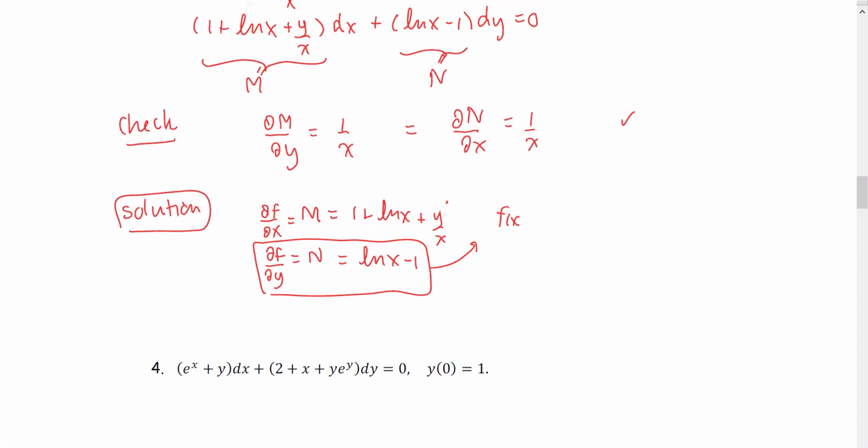So f of x, y equals the antiderivative of the quantity natural log x minus 1 with respect to y plus the function h of x as the constant of integration. Therefore, we get y times log x minus y plus h of x. And next, we're going to use the function that we obtained. Find the partial derivative with respect to x and equate to the M expression. So the partial derivative